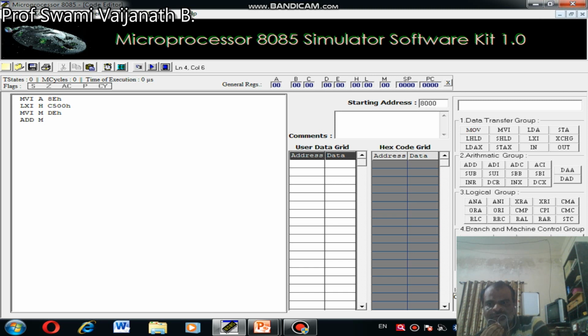MVI A is equal to 8EH, that is A contains 8EH data and M contains DEH data. Then execute this. See here A is equal to 6CH and flags are affected as: sign is equal to 0, Z is equal to 0, auxiliary carry is equal to 1, parity is equal to 1 and carry is equal to 1.